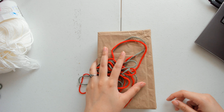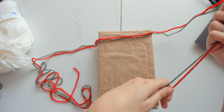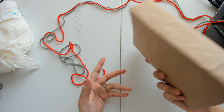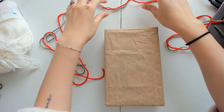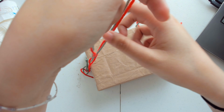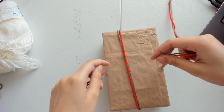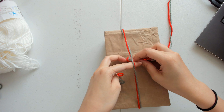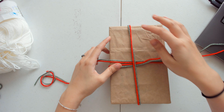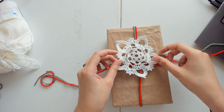I'm going to slide this over, and I have already pre-cut some festive colored yarn to add to the tie. So this is our wrapping. It's a little funky, but it's okay. We're gonna make it cute so that no one sees that. So from here, we're going to grab our yarn and do one of these like that, and then we're going to, if I can, secure it underneath, and then we're going to grab the pretty one, which is the small cotton one,